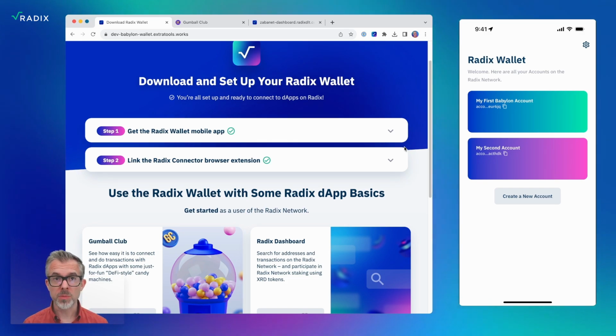For people that have been in crypto for a while, you might be asking the question, where's my seed phrase at this point? Normally with MetaMask and other things, this is like the first thing they put in front of you, like, hey, here's the seed phrase, make sure you write this down, et cetera, et cetera. What we found is that's a pretty bad user experience. I mean, for 2 reasons. For one thing, no one likes seed phrases and they have to back these things up and the security of that. And then also having to deal with this right up front when you're creating accounts is a little bit silly